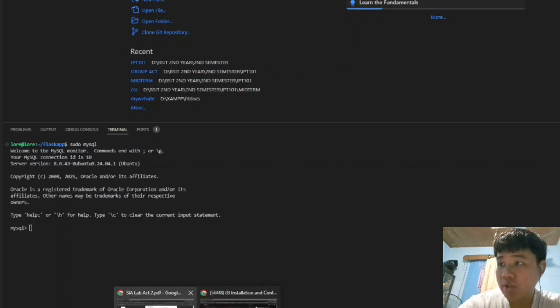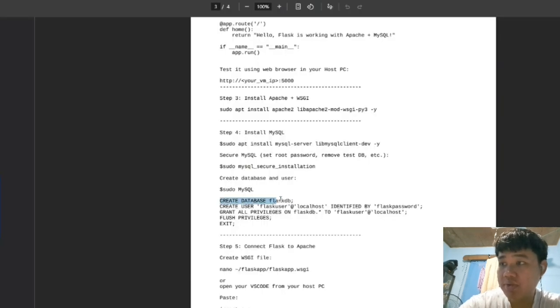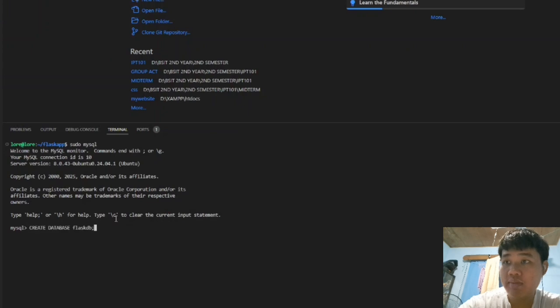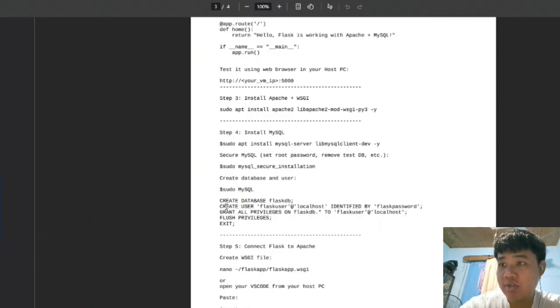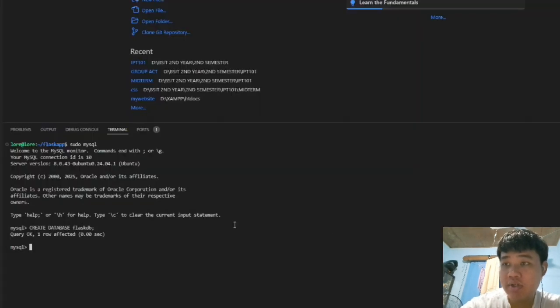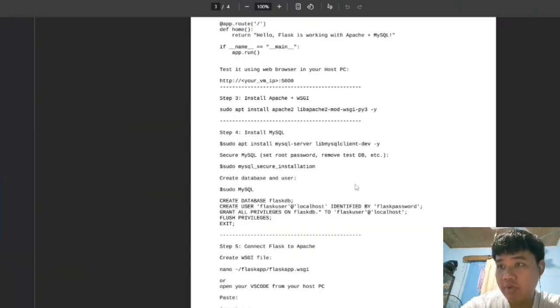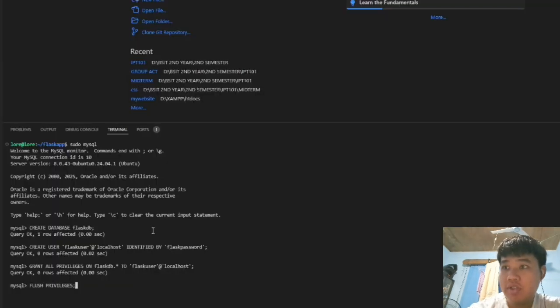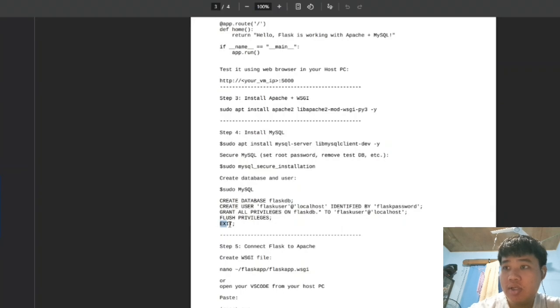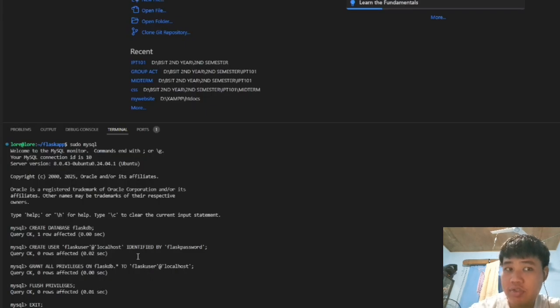And then we will create our database using this, flask db, and then just paste this, create user flask user, and then we will grant all privileges on flask db to flask user. Just copy paste this code here, then flush privileges, and then exit, and then it says bye.